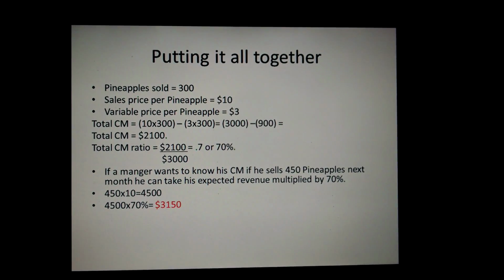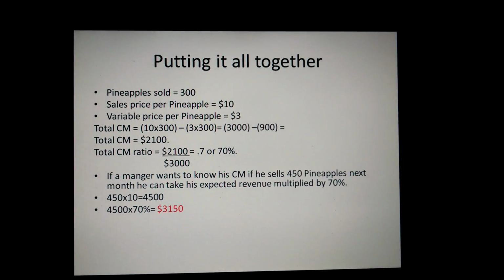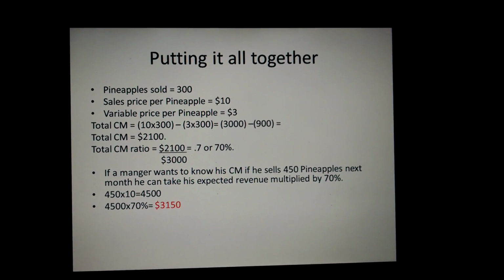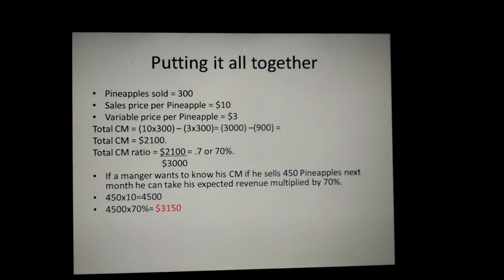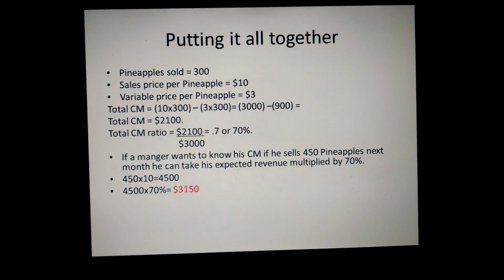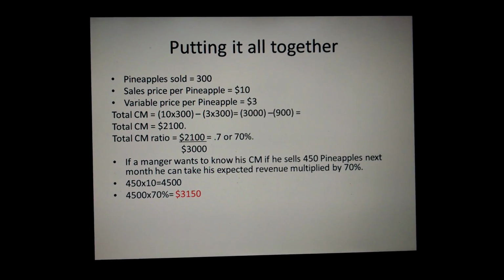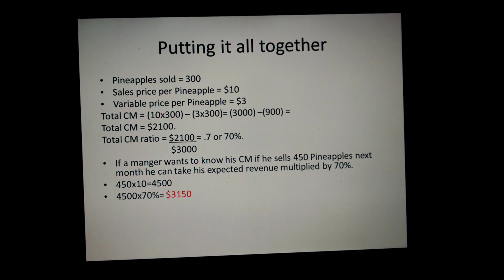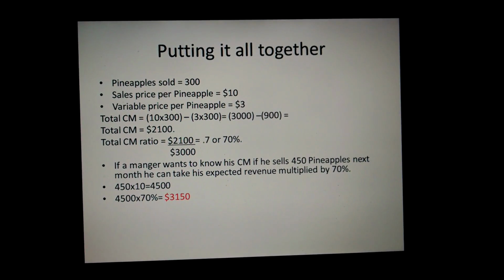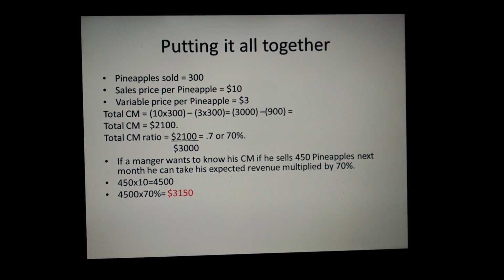So if you want to find the ratio, you put $2,100 over $3,000, because that's going to be your total revenue. It's going to give you 70%. If a manager wants to know his contribution margin if he sells 450 pineapples next month, he can take his expected revenue multiplied by 70% to get his contribution margin. So say he sells 450, you take that times 10, it's going to be $4,500, and you can just times that by 70%, and your contribution margin will be